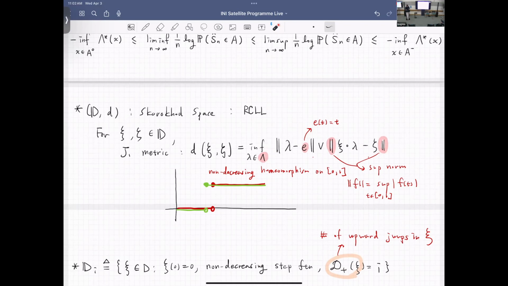yeah. What M1 topology allows is to approximate this with these things, and again, M1 is coarser than J1, so you have a less useful bound. So you don't get as useful a bound as J1, but you get bounds, fine. But by the way, that's not the only way to proceed. You can actually weaken the LDP framework itself. So in J1,